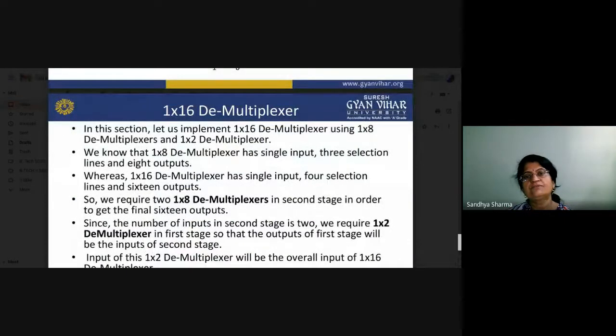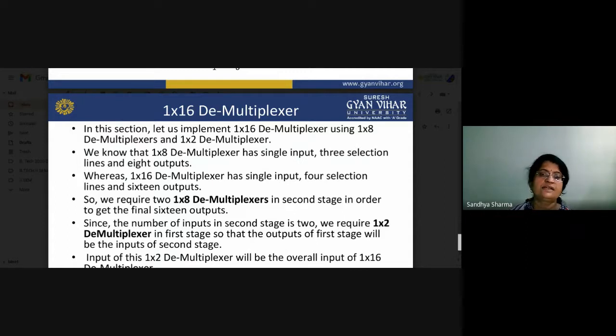If you want to design a 1 raised to 16 demultiplexer, let us implement it. This can be designed by using two 1 raised to 8 demultiplexers. What is the basic specification? A 1 raised to 8 demultiplexer has a single input, 3 selection lines and 8 outputs.